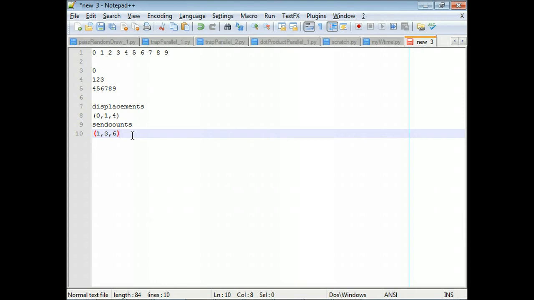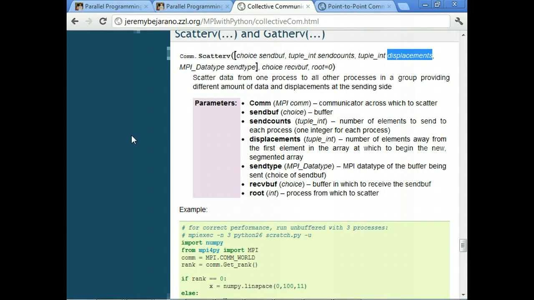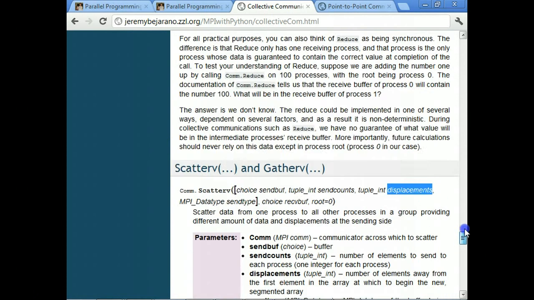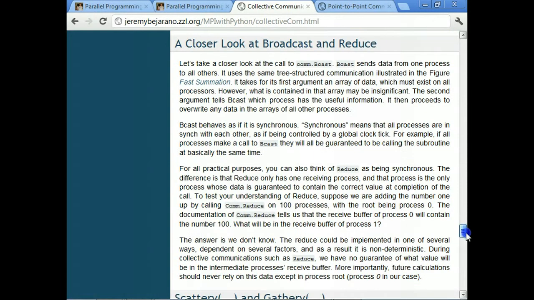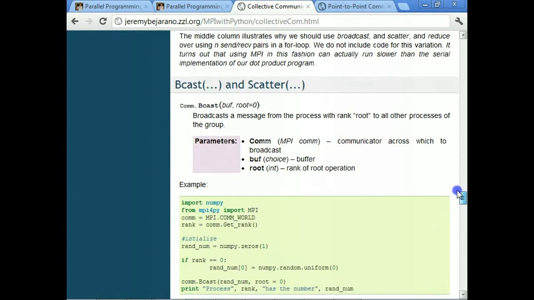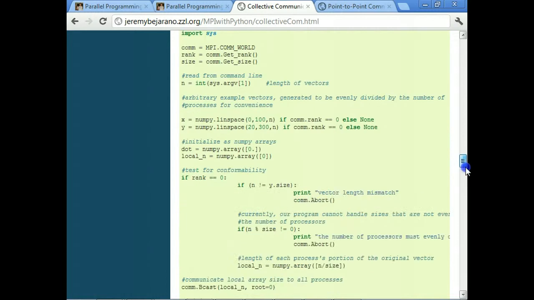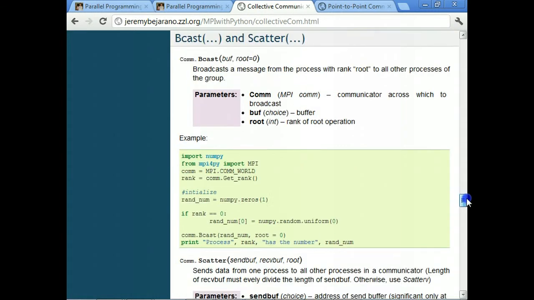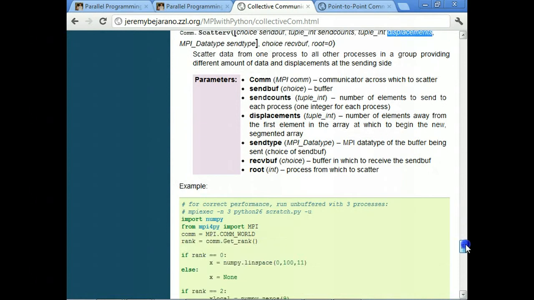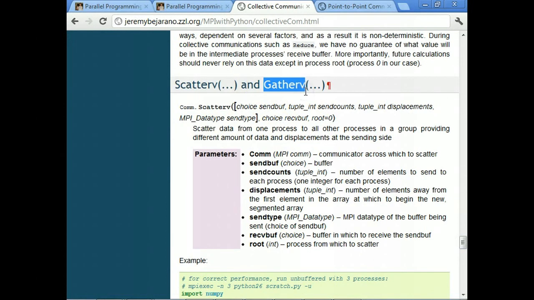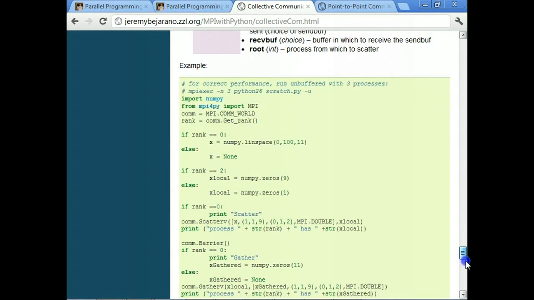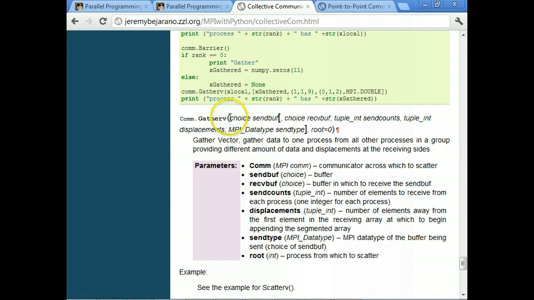Okay. So after the scatter, how can we pull them back together? I did not give the syntax for gather, and I'll add that in. For gather, gather v. There's also just the normal gather, which is just the inverse of scatter. It's just about the same as the scatter, just reverse them. With the gather v, it's about the same thing. So here,